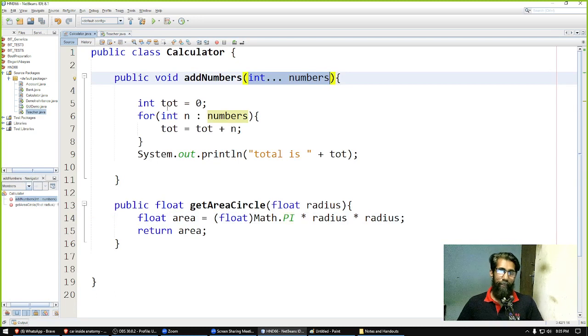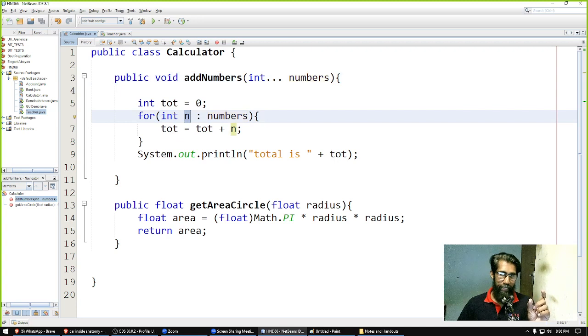Okay, but I have written a for each code. Now for each means this is actually an array. Array means a list of items. This for is known as a for each loop, or it is also called an advanced for loop. In Java, usually you write a for loop with three parts. Here you don't see like that. Here we have written for int n. This is an integer type n variable we take, colon, and we say the array or that list which